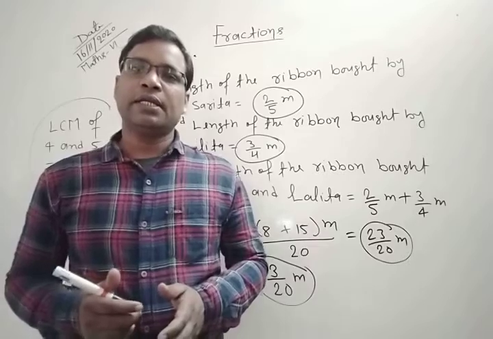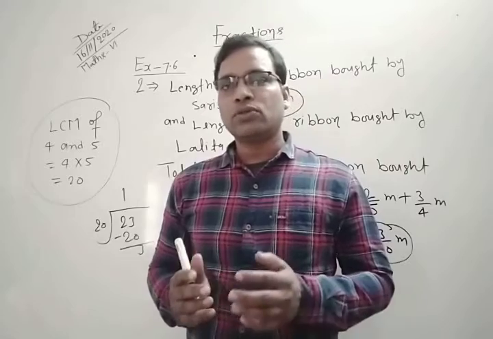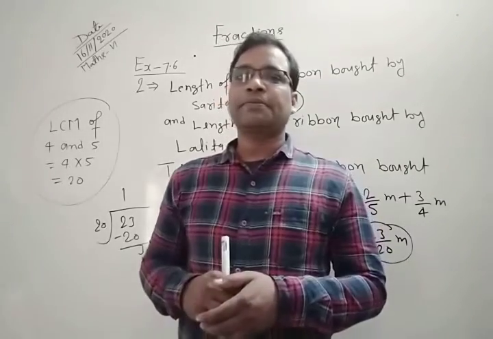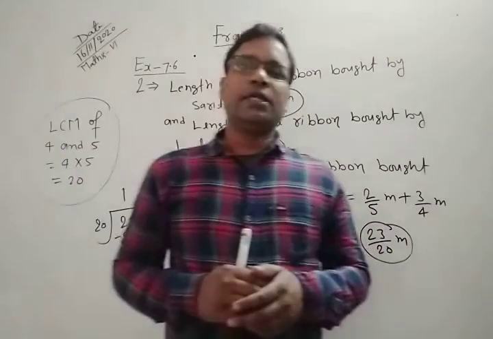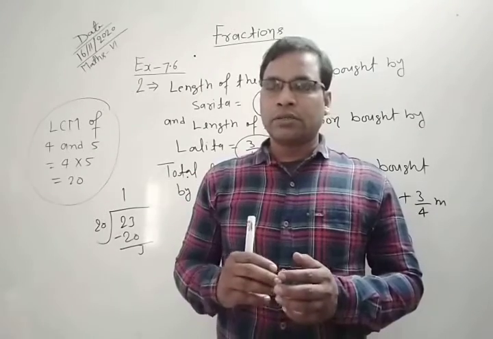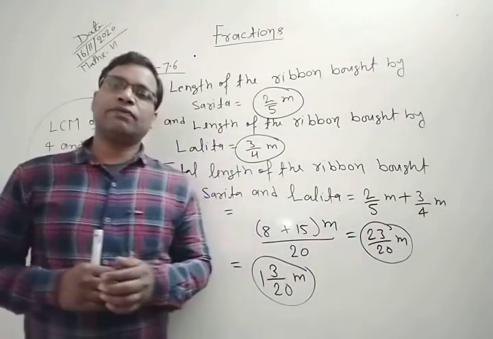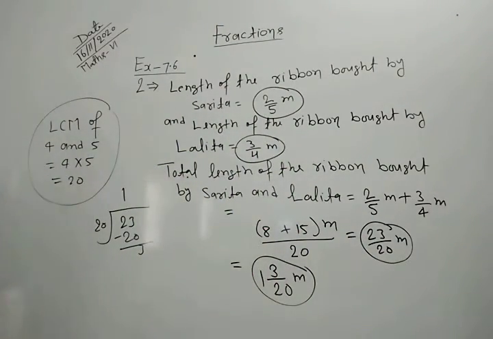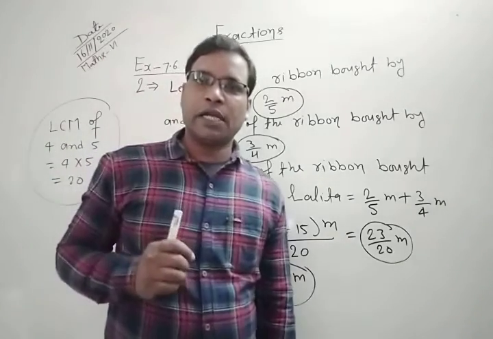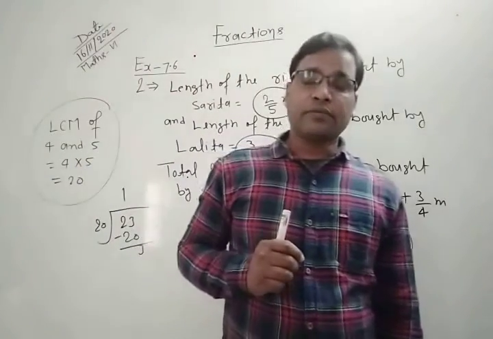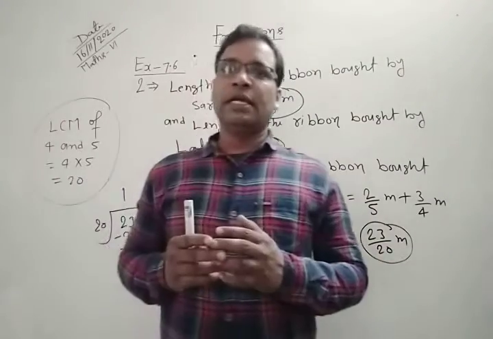Here the piece of cake given to Naina is 1 whole 1 by 2, and the piece of cake given to Najma is 1 whole 1 by 3. This is given. Here we need to find the total amount of cake given to both of them. So for this we add 1 whole 1 by 2 and 1 whole 1 by 3. Then we obtain the total amount of cake given to both, both meaning Naina and Najma.